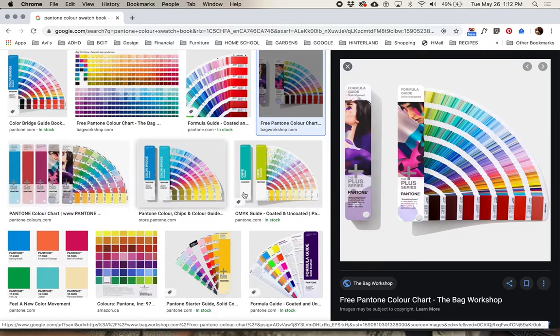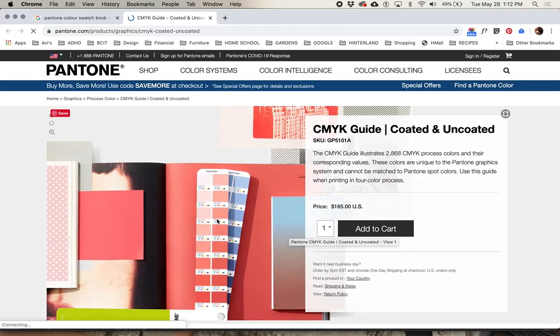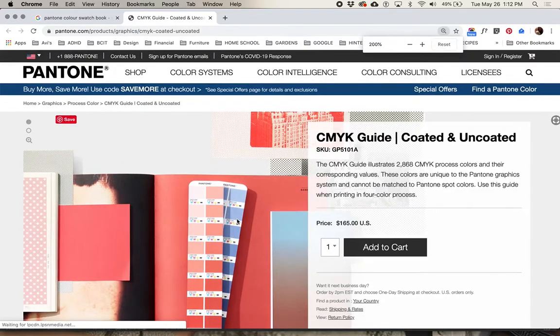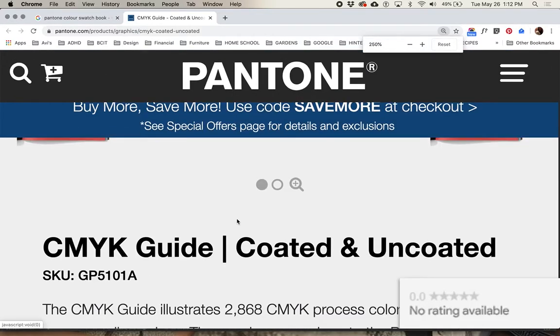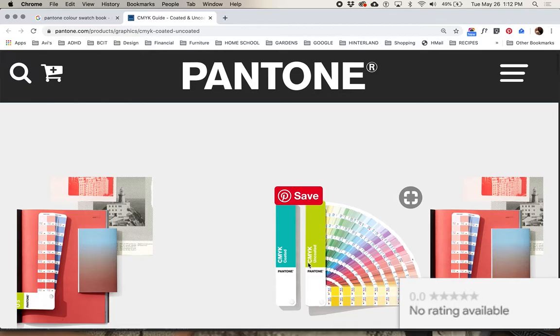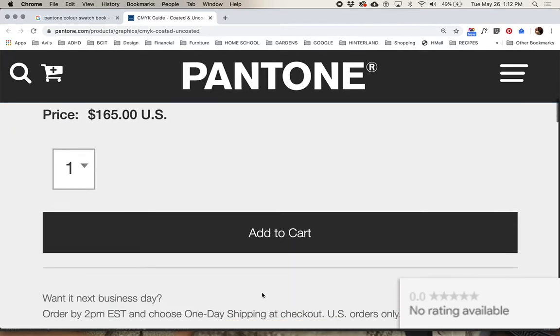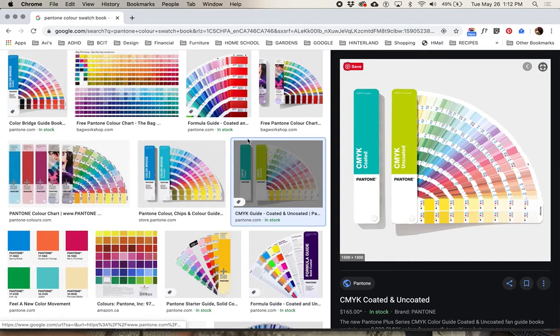So when you're picking an uncoated, you see there's the CMYK, and if I zoomed in on this one, those numbers would actually be a little bit different than the other swatch book I'm referring to. If I click on here, there's just a different numbering system. So the CMYK is going to have just different numbering. So the most common one is going to be